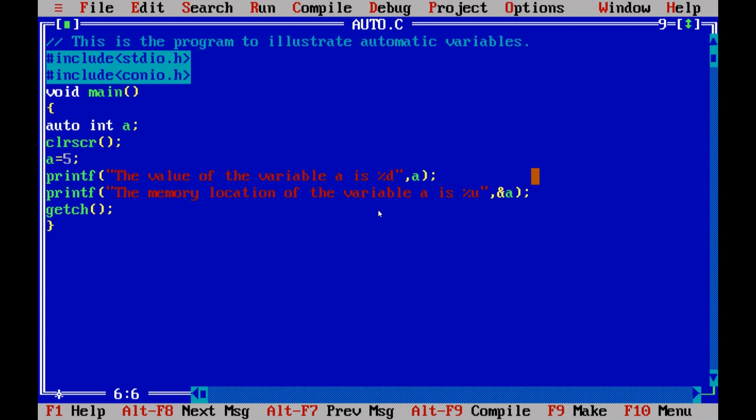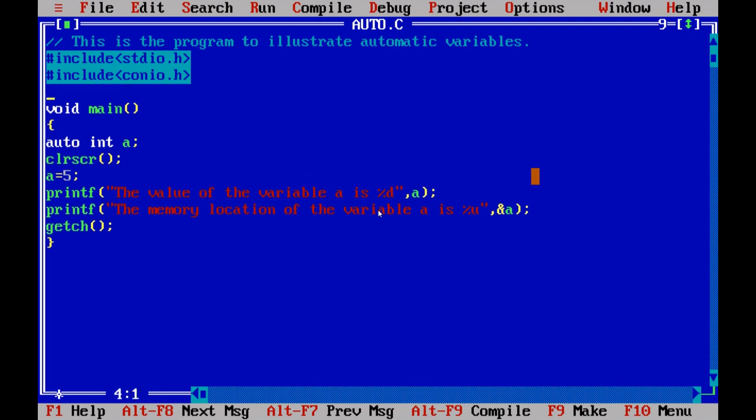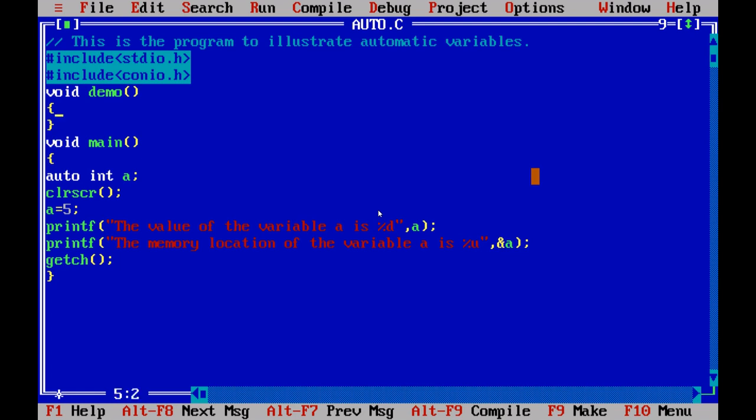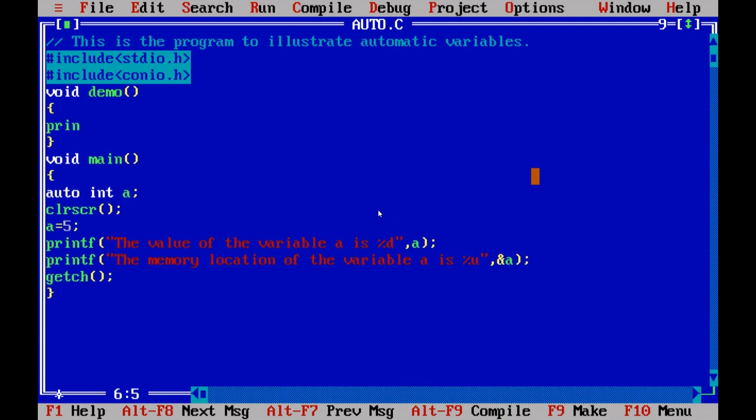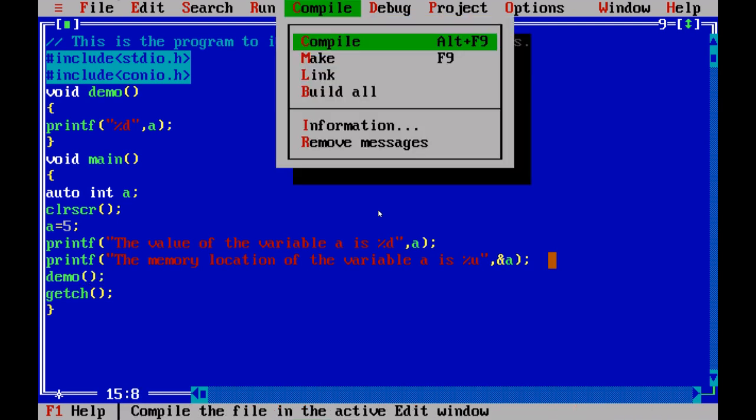And another thing regarding the scope of the variable. For example, here I am going to define one user defined function as void demo. I would like to print the value of the variable a. So %d comma a, and I'm going to call the function here, for example, demo. Right? I'm compiling my program.